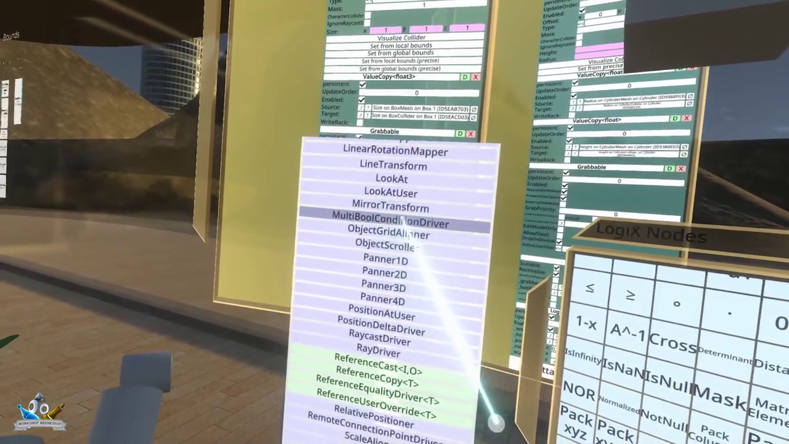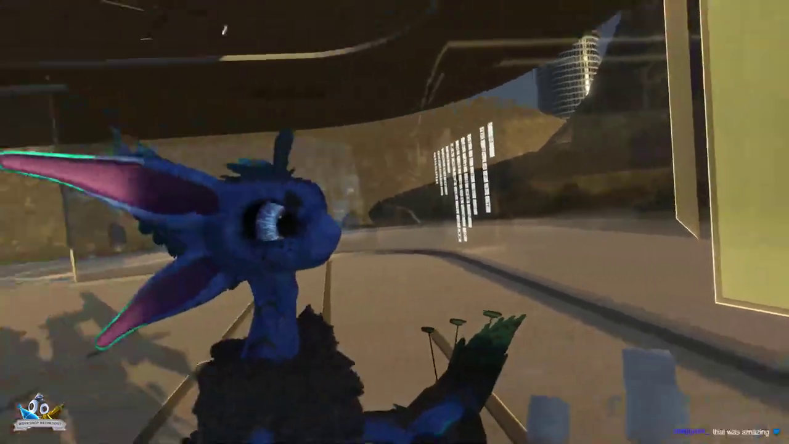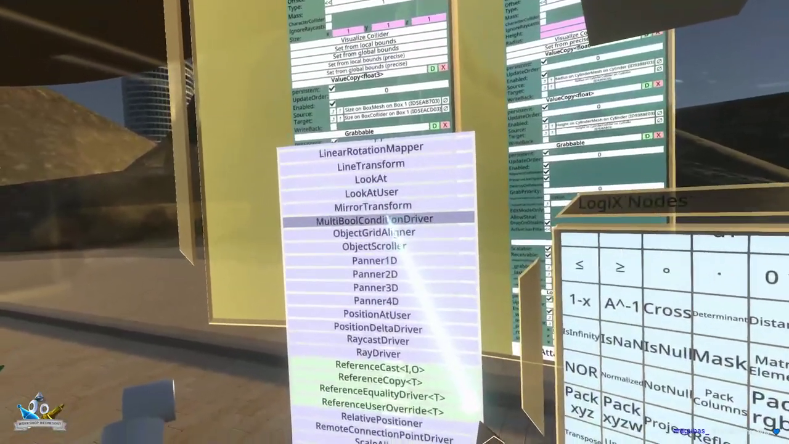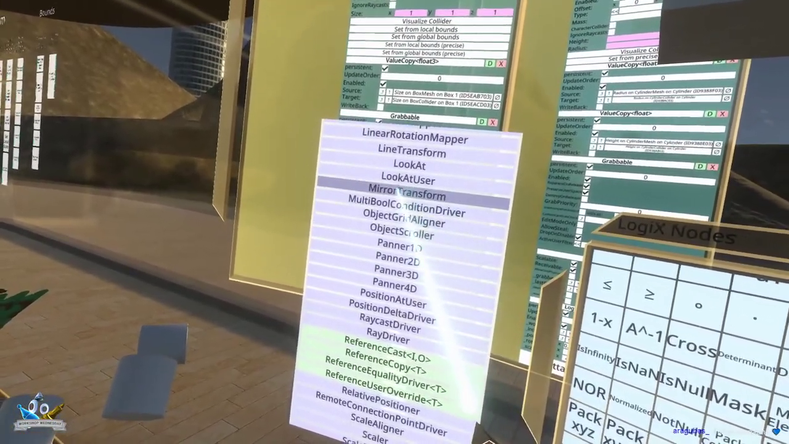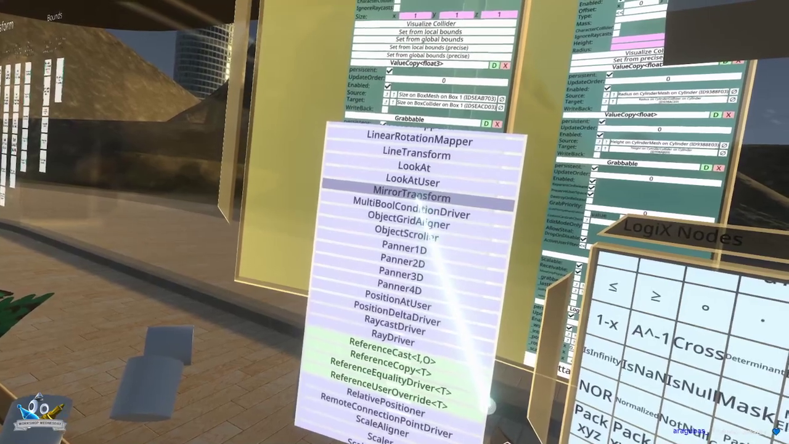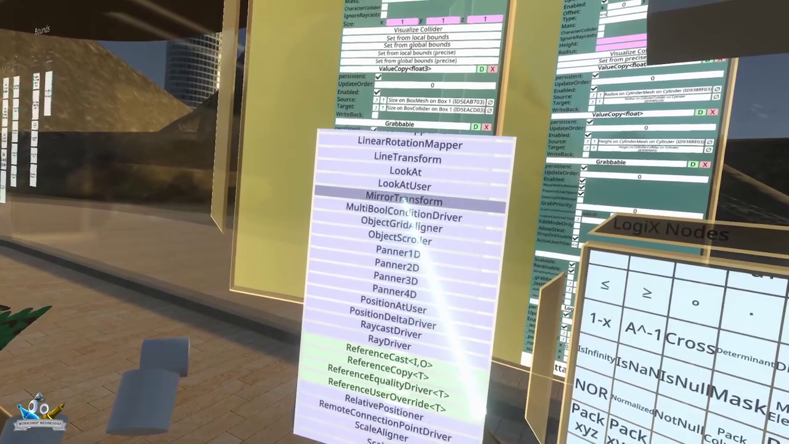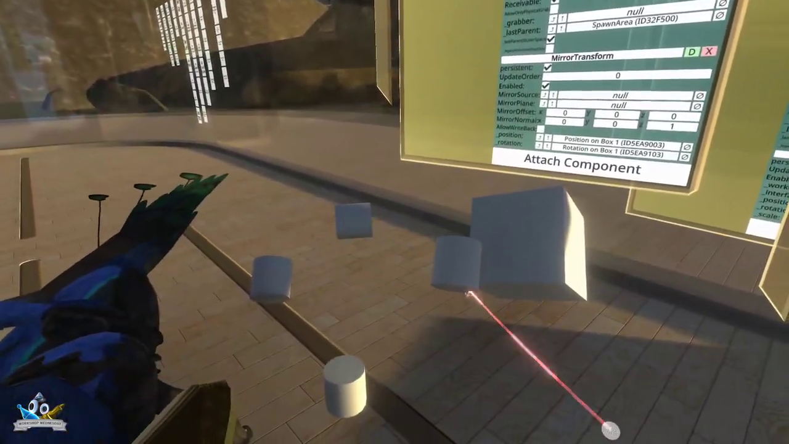These two are quite useful as well. Mirror transform. The mirror transform and multi-bool condition driver. This is pretty much self-explanatory. You basically have an object. Actually,